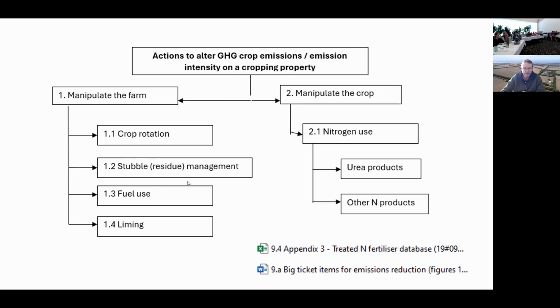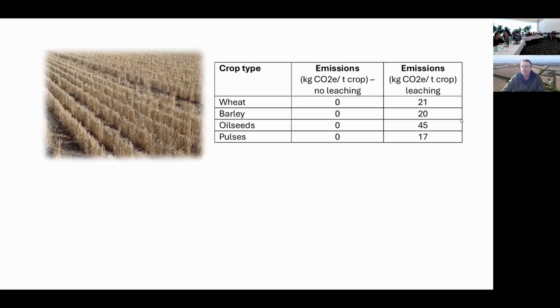If we move on to the stubble management, stubble side of it, first of all, and I mentioned these numbers changed in the last little while from version 10.7 to 11.0. But for our stubbles, remember I mentioned that the amount of stubble that's left behind is calculated based on your yield and a harvest index. So you don't have the ability to play around with that. It is just fixed for your crops.